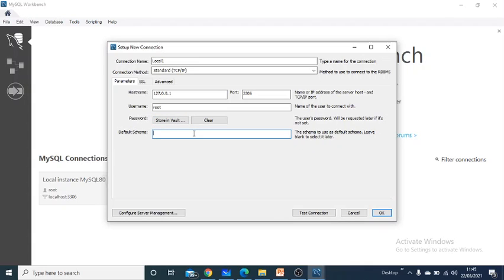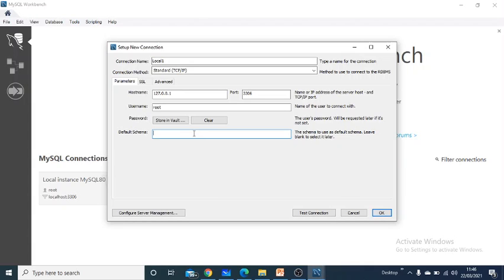Then in this area it is asking for a default schema. What is a schema? We understood that a schema is an area where all the tables or entities that we create in MySQL remain stored. It's a kind of folder structure. We are going to create multiple schemas. What it is asking is, whenever this local instance is launched or this link is made, which schema will be treated as the default one, because for the given server we will have multiple such schemas available. So which one has to be treated as the default so that any object within that schema can be referred to.